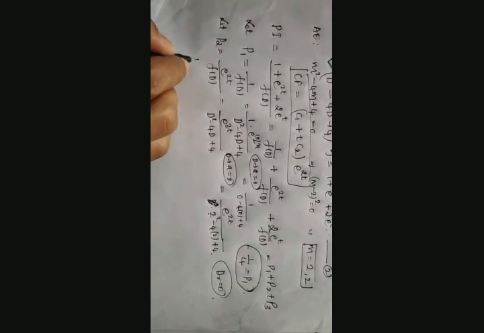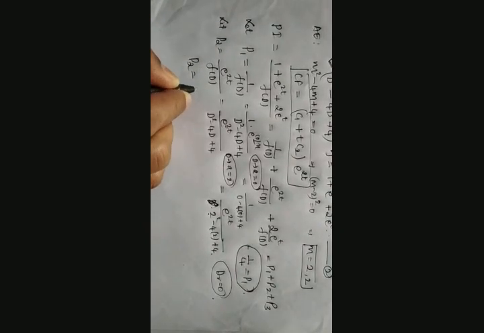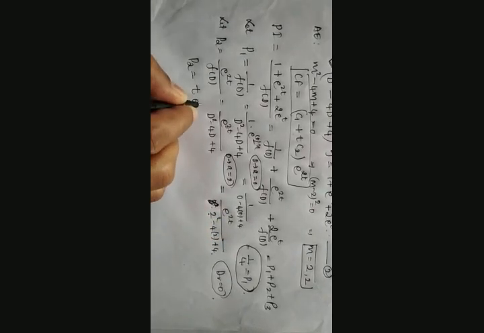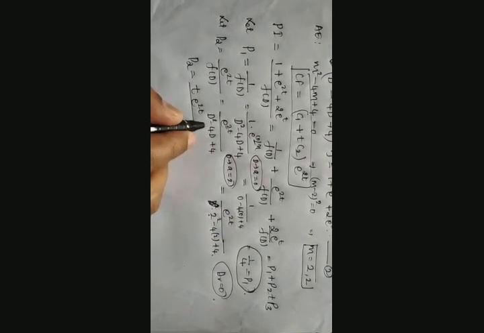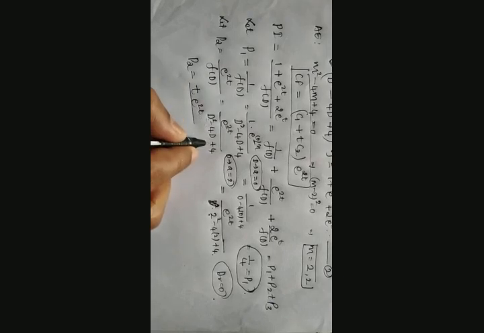So it is 2 square minus 4 into 2 plus 4. Then what happens? 2 square will be 4, plus 4 will be 8, minus 8. So the denominator becomes 0. If the denominator becomes 0, then we need to proceed with the next step, that is multiply it by a variable t. Here the variable is t into e raised to 2t divided by differentiation of the denominator with respect to d, that is 2d minus 4.